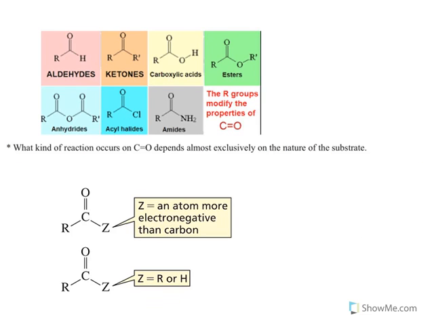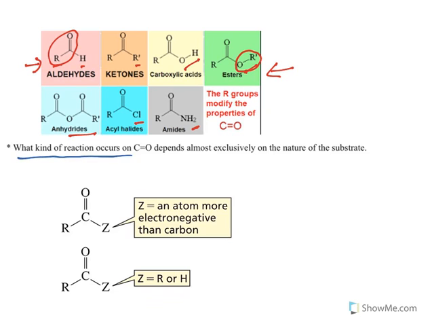Now briefly, these are all the groups we have seen in the last class too. Aldehydes, to this acyl you have a hydrogen attached. Ketones, an alkyl group is attached, whereas in the case of carboxylic acid, an OH group; esters, OR; anhydride, the acid fragment; acyl halides, a halogen; amides, an amine group is attached. When you see all these groups, this group plays a major role in the reactivity patterns.